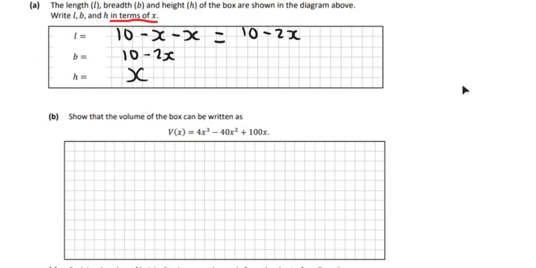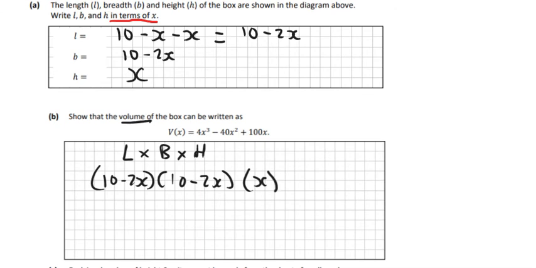Show that the volume of the box can be written as V of x equals 4x cubed minus 40x squared plus 100x. So what you need to know for volume is that it's just the length multiplied by the breadth multiplied by the height. Breadth is pretty much the same thing as width, so don't get confused by that. So it's going to be 10 minus 2x multiplied by 10 minus 2x